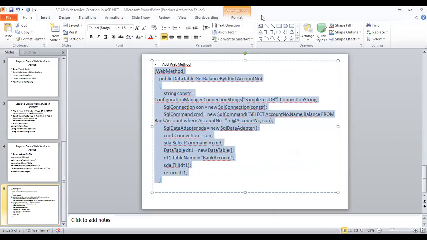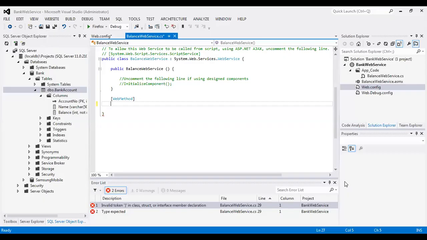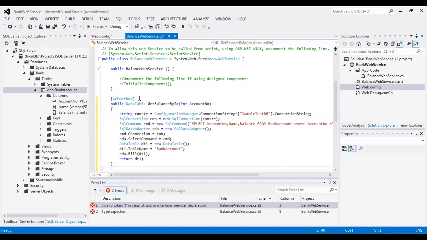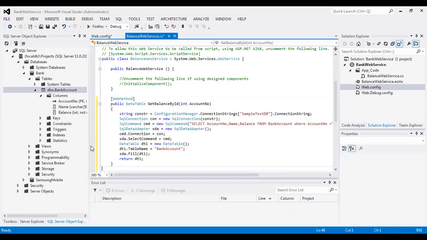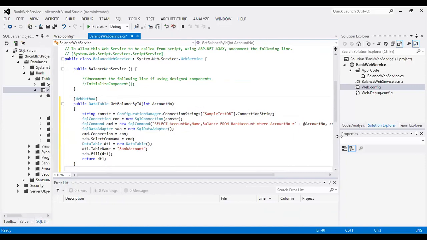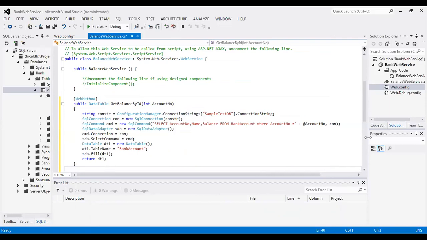So the web method. See here, the code is like this. For typing, it will require some time. Therefore,